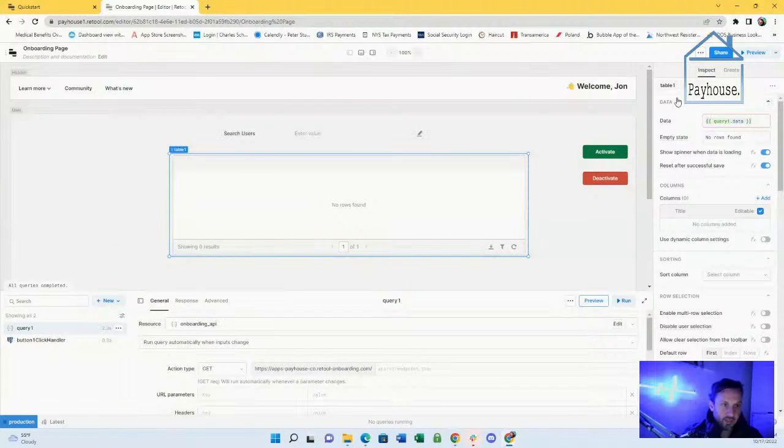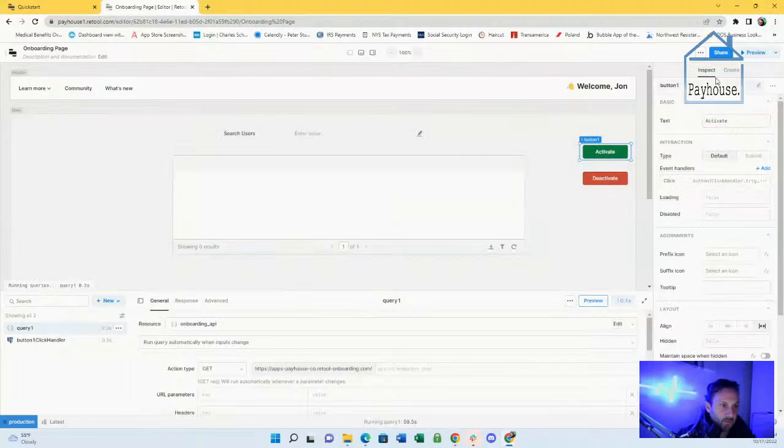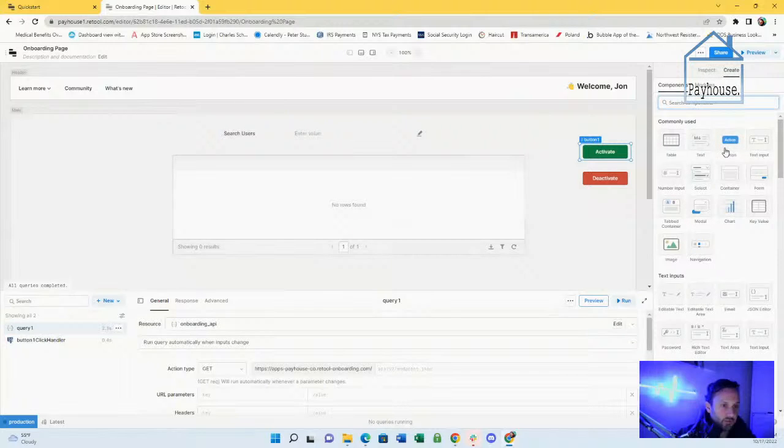All right, but I think that in general, just speaking very broadly, I can understand what's happening here. You have the left panel here, and that is basically your place to create components and drag things onto the canvas. It does seem like you can create some pretty custom apps. I don't know that a non-technical person would be able to create very beautiful apps out of this. It seems like you would need to know HTML.